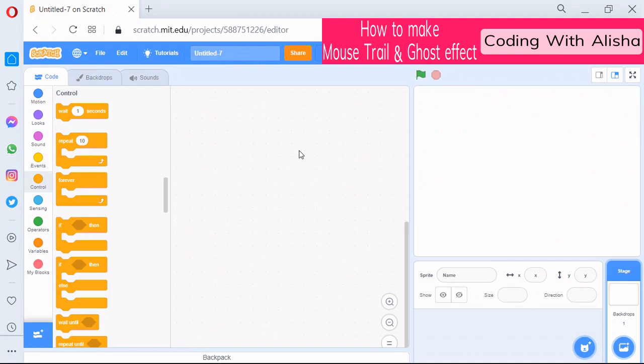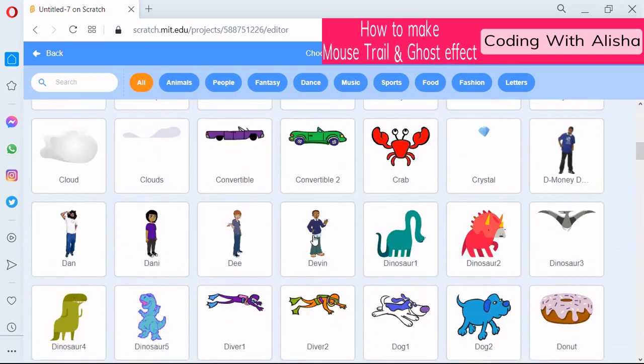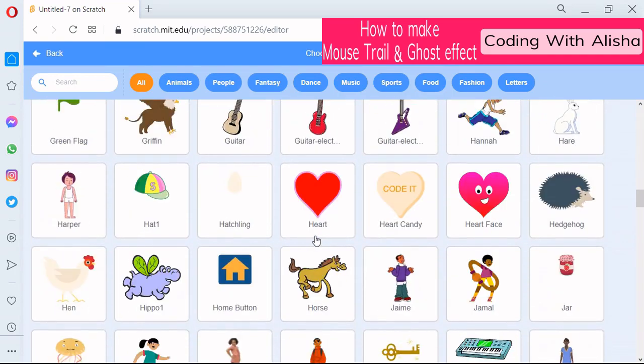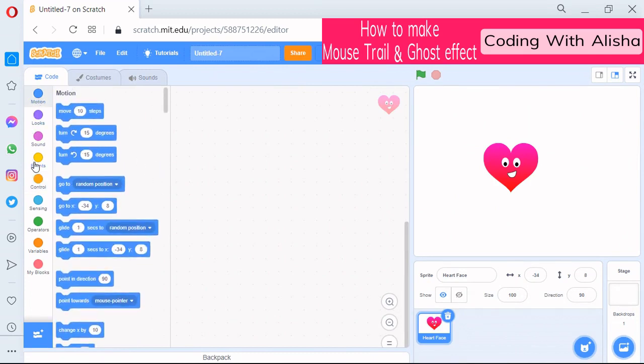Today we are going to make a mouse trail. So first let's start by choosing a sprite. Okay, I'm going to choose the heart face sprite, and now I'm gonna add some code. Okay, the code is gonna be